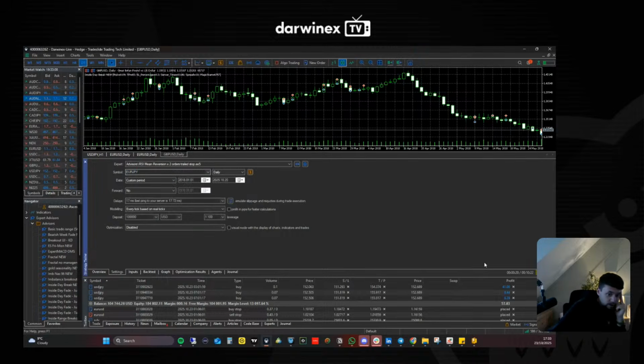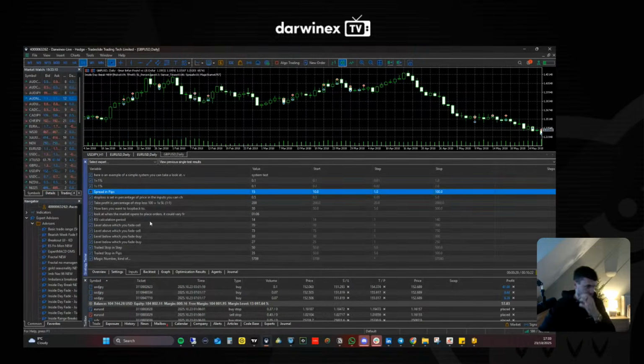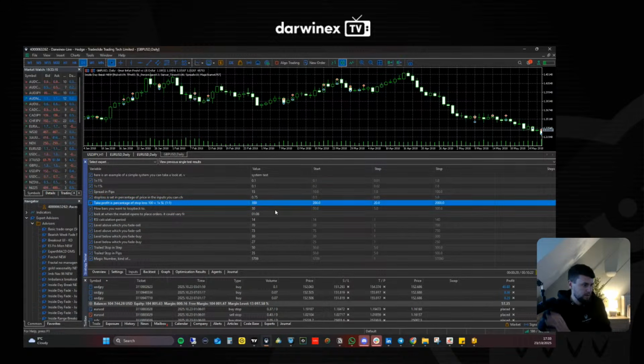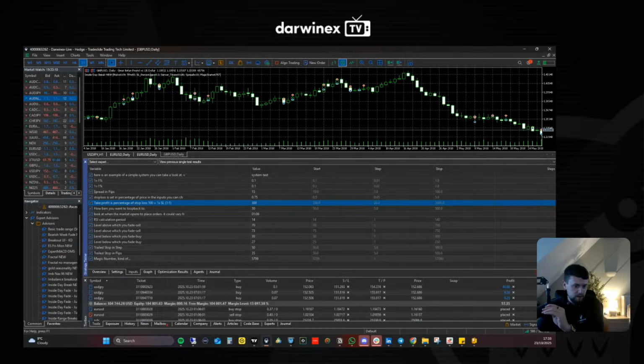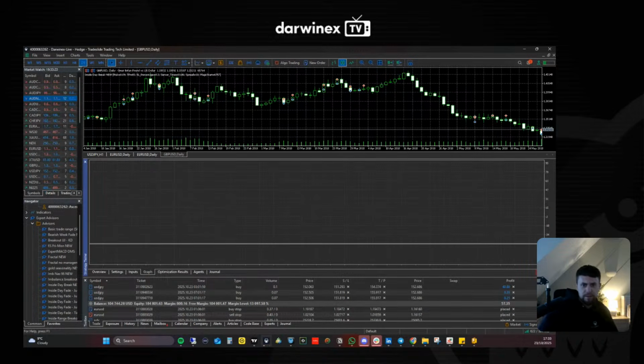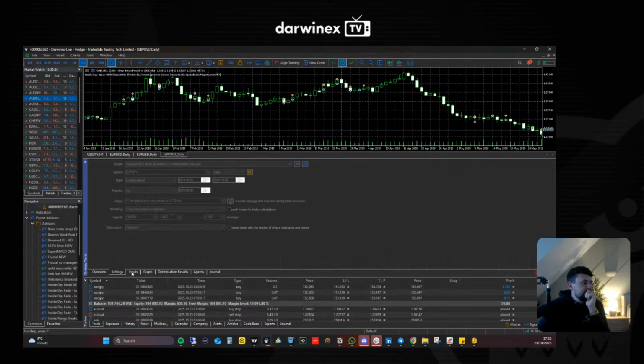Let's go Euro Yen. Probably going to have to make it a little bit more, 0.75% maybe, with the 300. Let's try this. I don't think I've tried mean reversion systems on a yen pair, to be honest. Yen pairs usually are pretty violent, so I prefer them for breakout strategies. But we'll try it. There's no harm in trying. I have set it right, yeah. No, real ticks. Yeah.